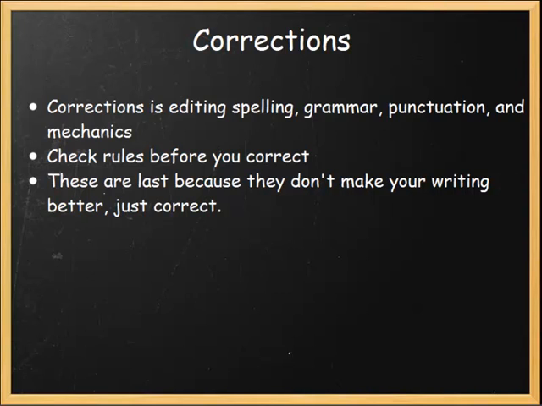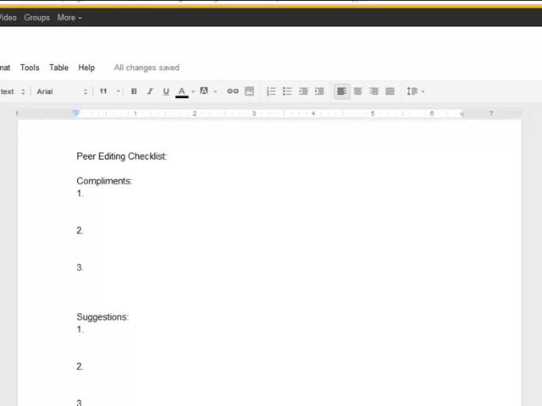So you have your 3 steps, and I'm going to show you the form that you can use. You have it here. You have your peer editing checklist. You have your compliments. Put down your 1, 2, 3 compliments. You have suggestions. Put down your 1, 2, 3 suggestions, and then corrections. And in corrections, in your 1, 2, 3, you put